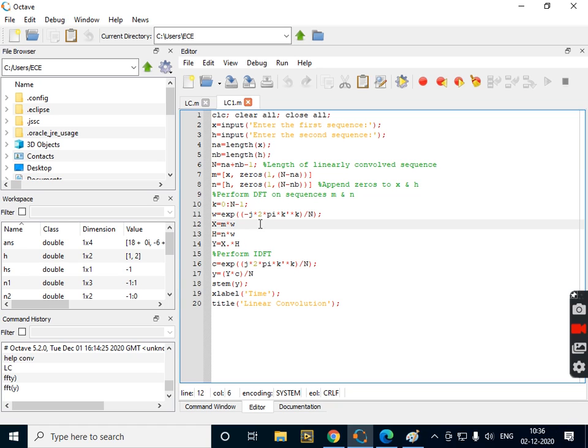Just before going to this program, you just refer to that. Then you will understand the modalities that are used, why k transpose is used, and why m is multiplied with w, why not w multiplied by m and all. Likewise, the 4-point DFT of the second sequence is obtained by multiplying zero padded sequence n with the w,